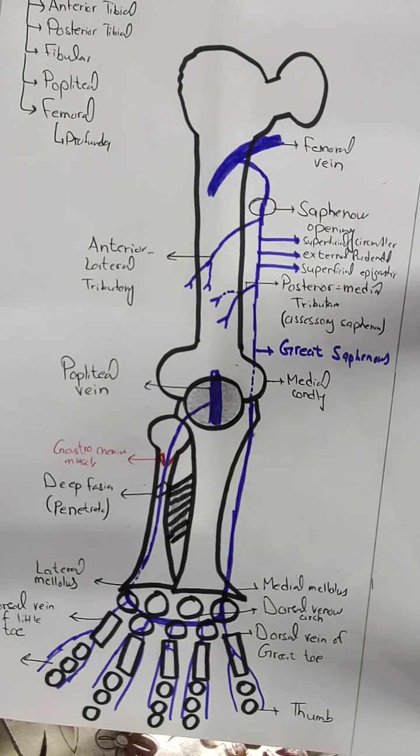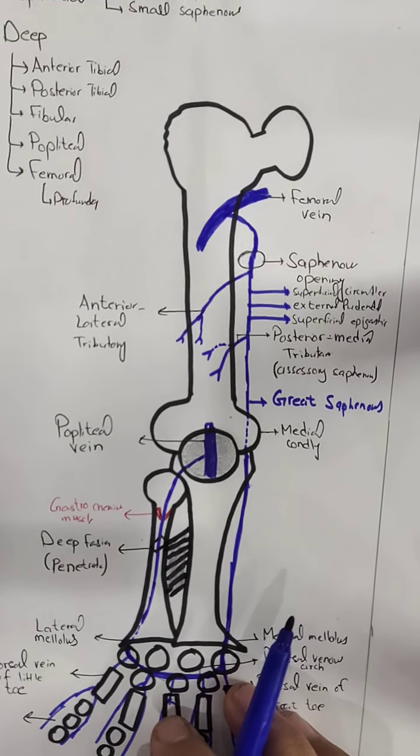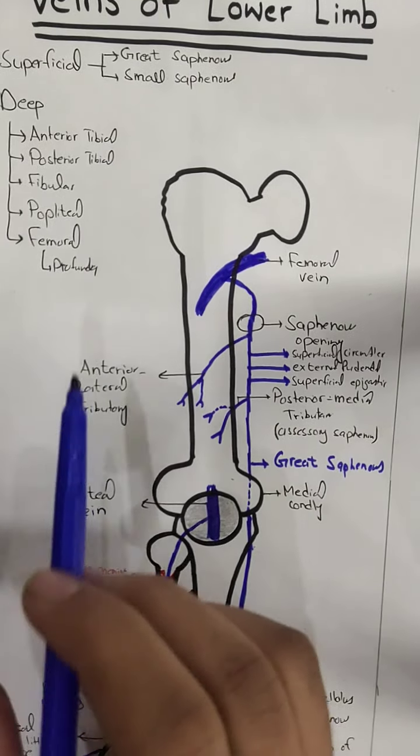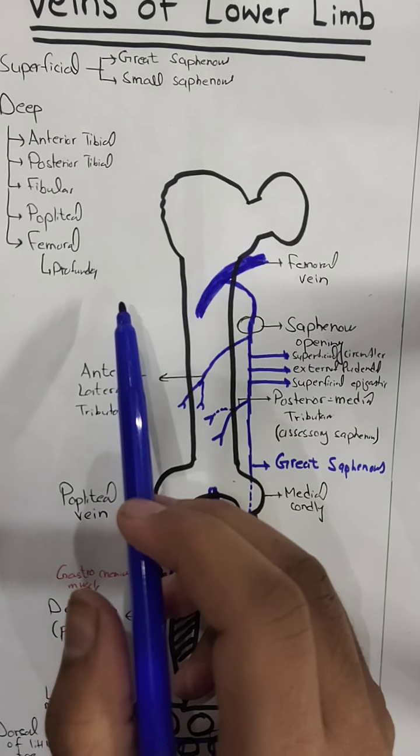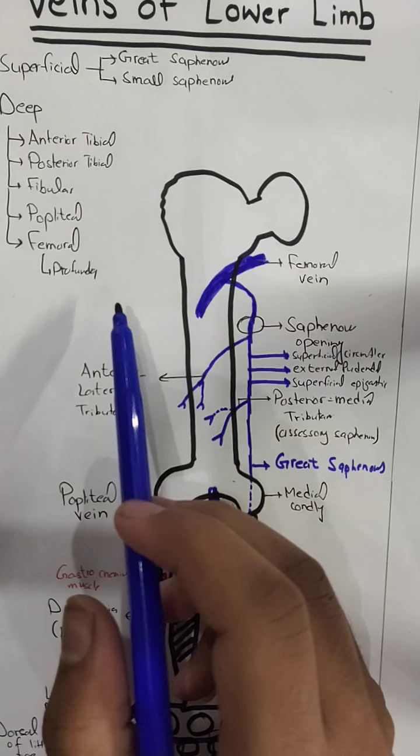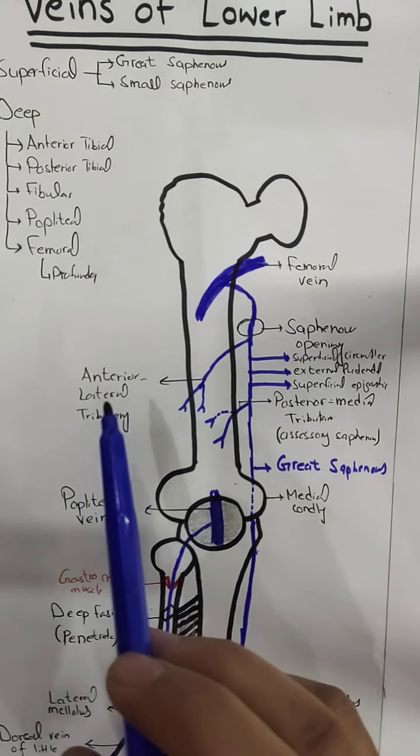So these are the two superficial veins of the lower limb, and the deep veins are the same as the arteries of the lower limb. You just have to write vein after the artery name, and I am